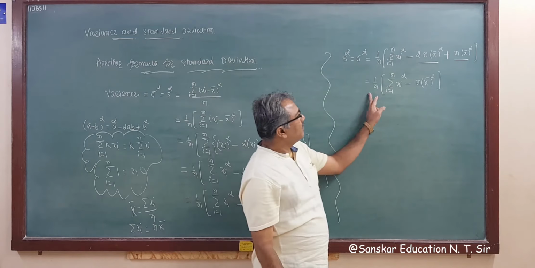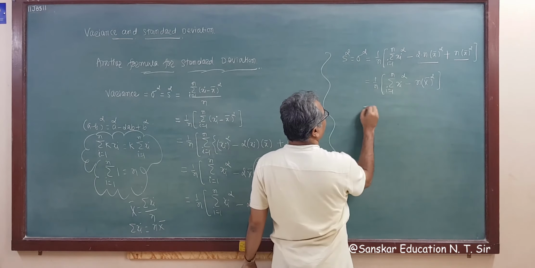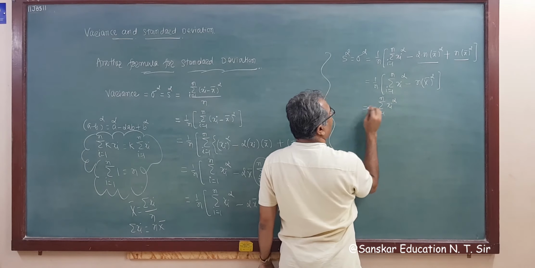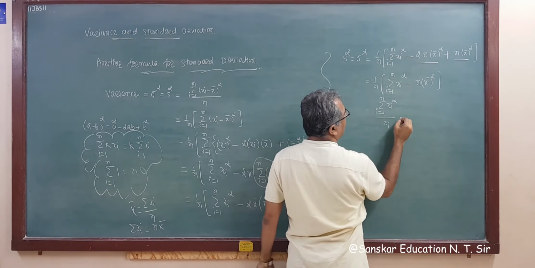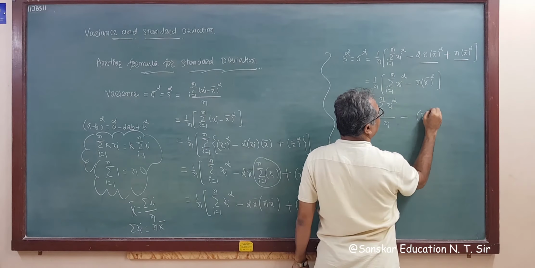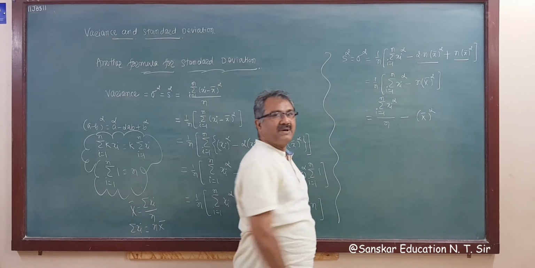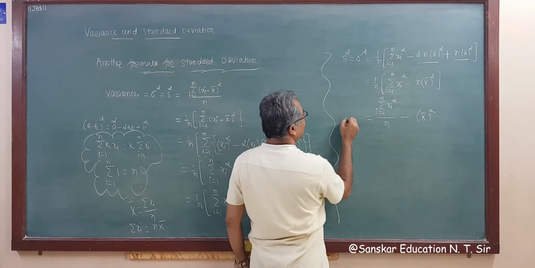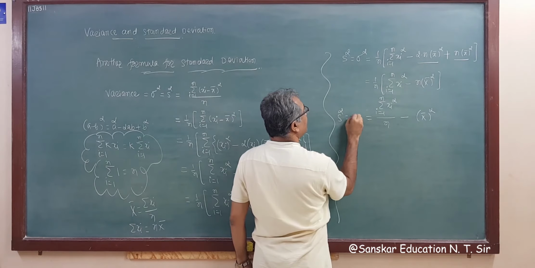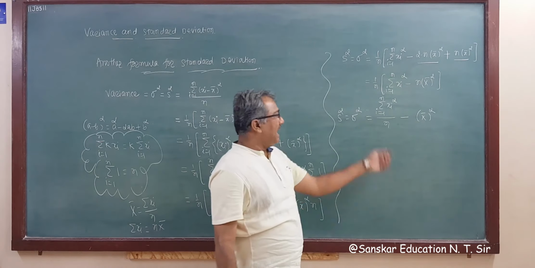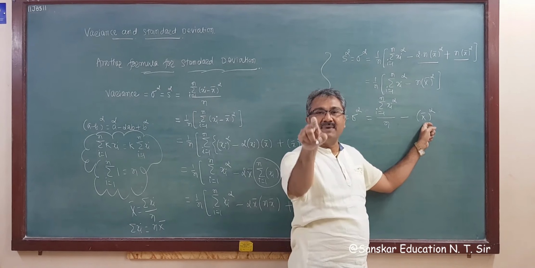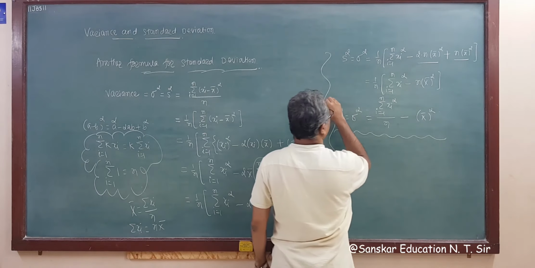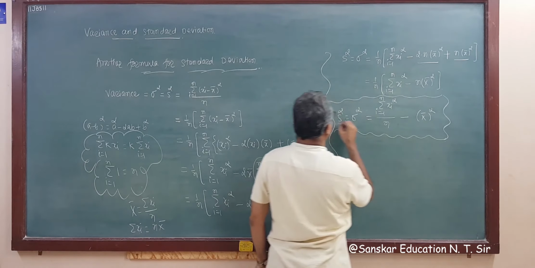Right? Now dividing by n, what do we get? Sigma xi square, i running from 1 to n, whole upon n, minus x bar square. So this is one of the formulas for variance, right? This is s square or sigma square. Instead of x bar you can also write sigma xi upon n whole square, right? So this is for variance. This is one of the formulas that you have to remember.